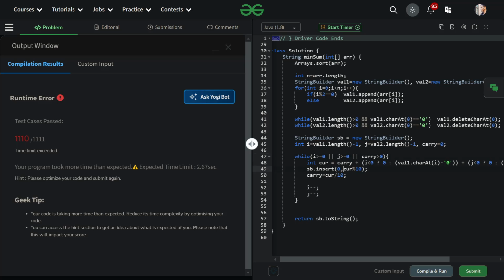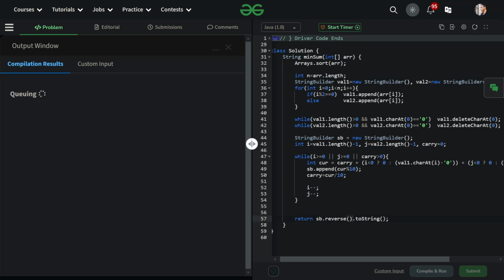Although this approach will work, we need to optimize this in Java language. So instead of insert, we need to append. We need to add in the last position. Then using this, we get the reversed string. Then before returning the answer, we just need to write reverse. So it will reverse it. So now let's submit this, and it will just work fine.